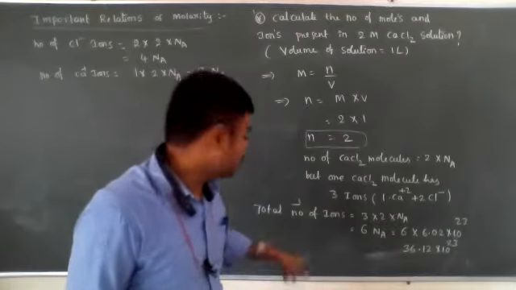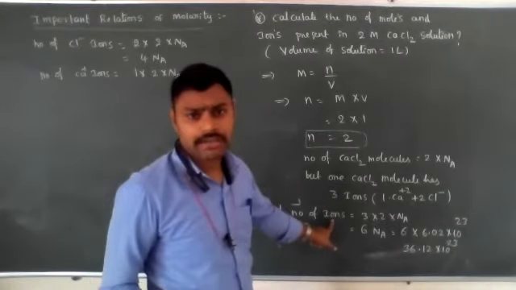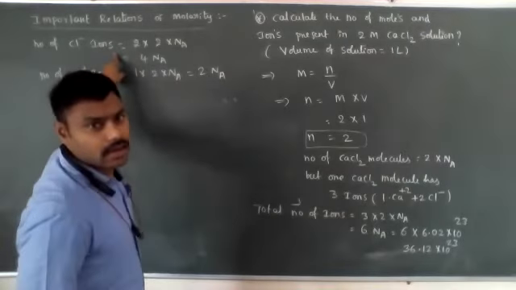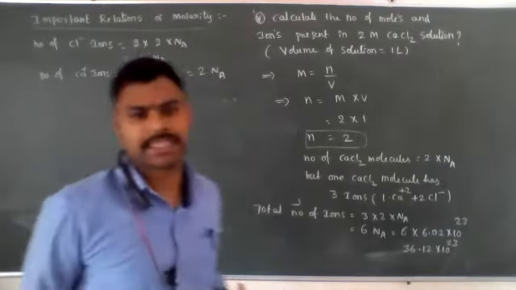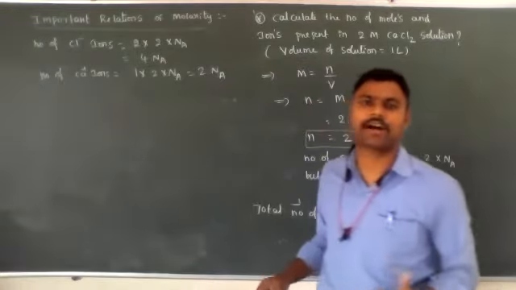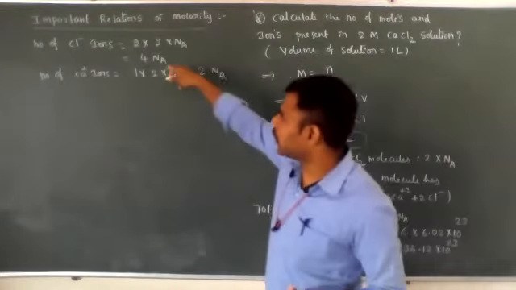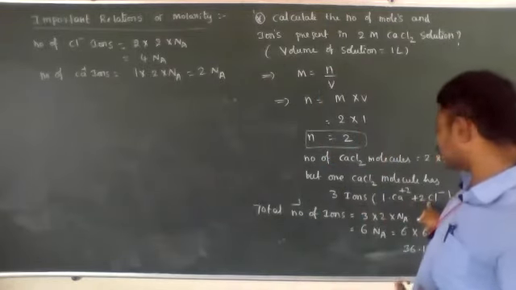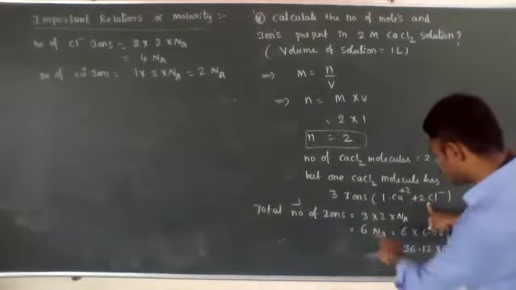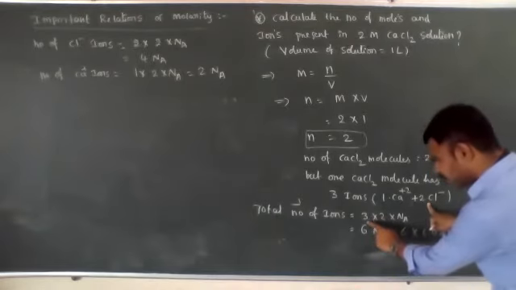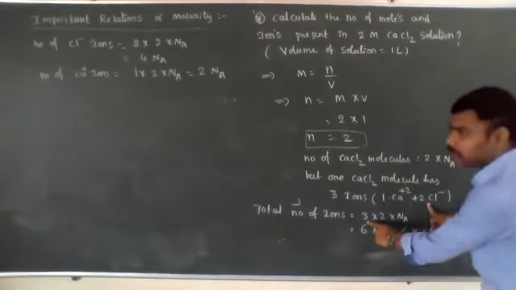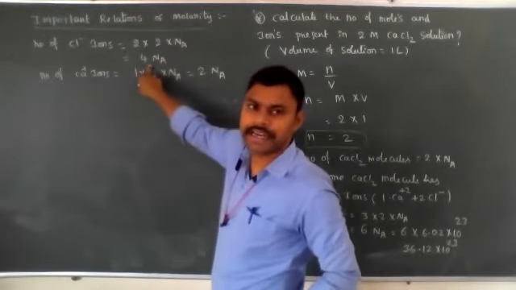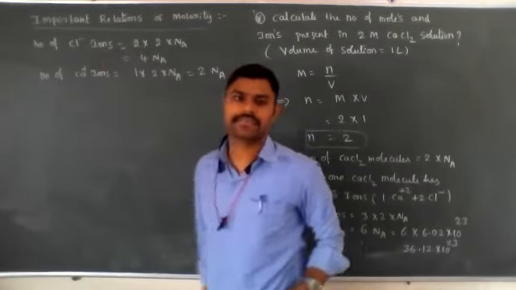But sometimes instead of the total number of ions, they will ask just simply how many chloride ions are present or how many calcium plus 2 ions are present. That kind of question they also ask in objective examinations. If you want chloride ions only, one CaCl2 molecule contains 2 chloride ions. So instead of 3 here, what do we need to multiply with? We need to multiply with 2. Then 2 into 2 Na, so we get 4 Na chloride ions.